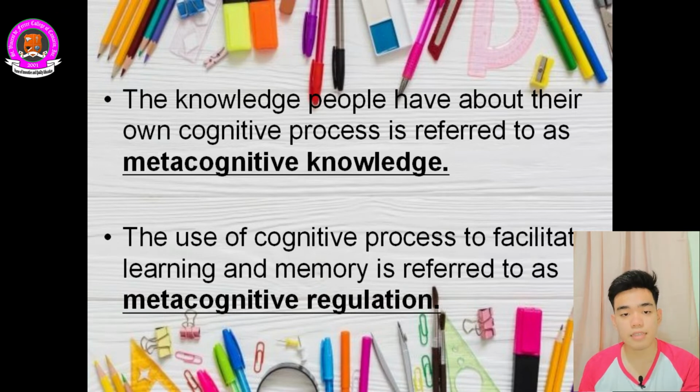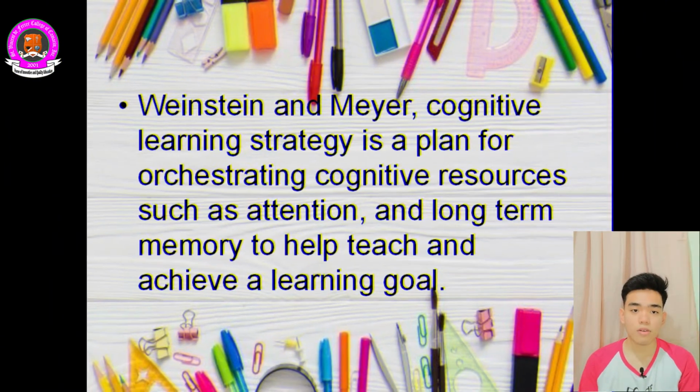And then next, the use of cognitive processes to facilitate learning and memory is referred to as metacognitive regulation. So metacognitive regulation is how we control our thinking or facilitate our learning. For example, students with effective metacognitive regulation skills can select appropriate learning strategies for a task and modify their approaches based on outcome. So next slide,